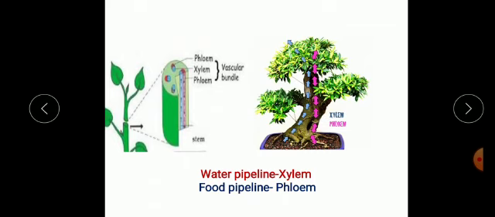The second pipeline present in plants is known as phloem. It conducts food from the leaves down to the roots. It also conducts food from the leaf to the upper portion of the plant situated above the leaf. So the conduction of food in phloem is bidirectional. Xylem and phloem together forms the conducting tissue system of the plant, which comes under the category of complex tissue. So today we will be discussing complex tissues.